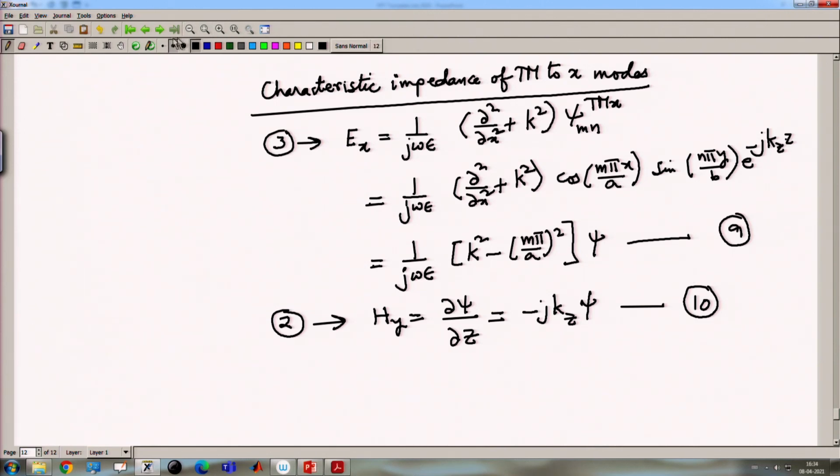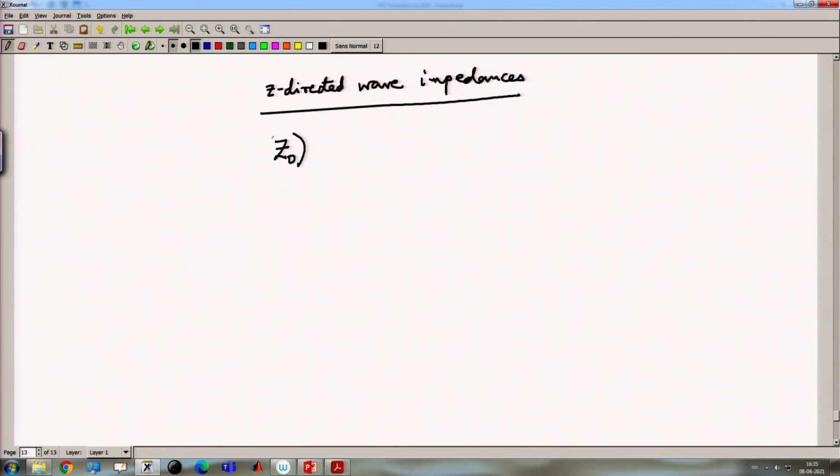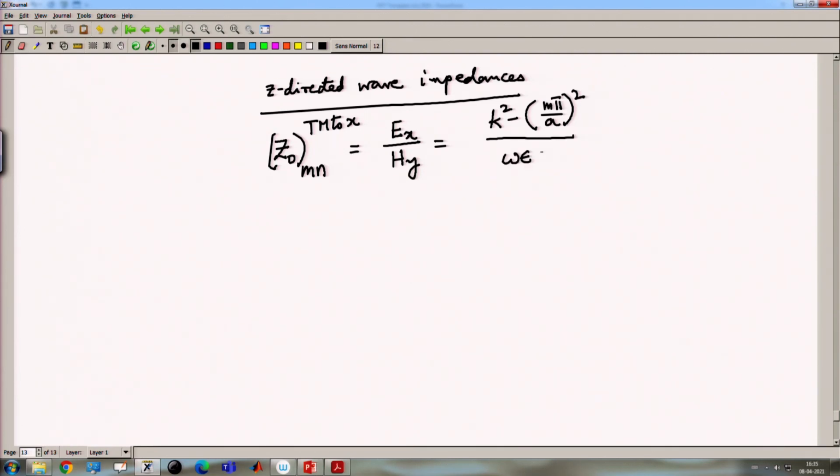Therefore, the z directed wave impedances Z0 m n for the TM to x mode as E x by H y, that is k square minus m pi by a whole square divided by omega epsilon k z,